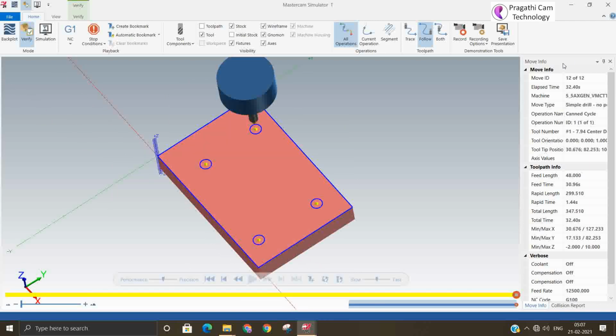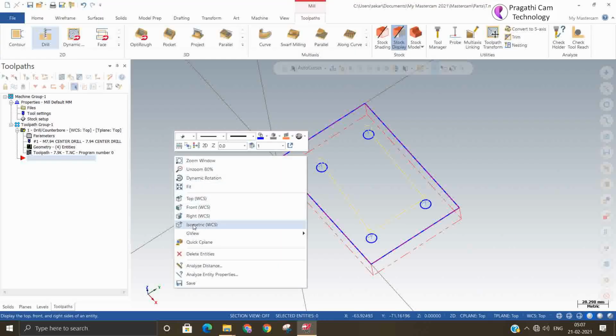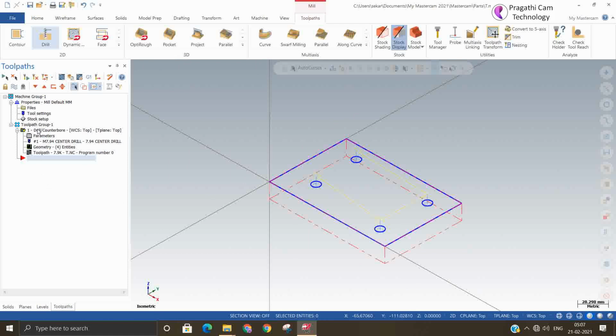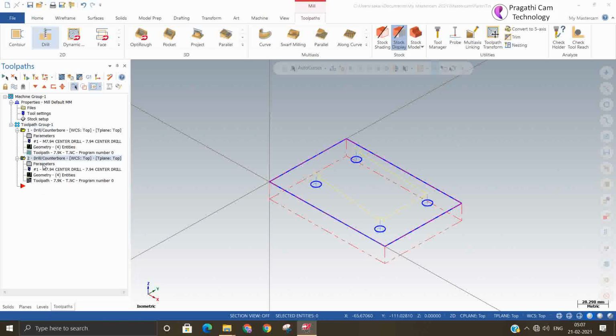Next we'll go for the diagonal drill. The same drill you can copy and paste and change the diameter and the depth.